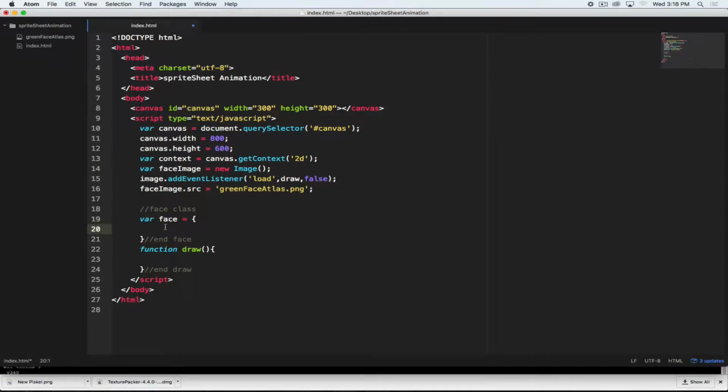Creating our class using the object literal syntax is going to allow us to have a lot of control over where we go here. Now, as we set up information and are using a sprite sheet, we're going to be referencing things a little bit differently than we may have done prior. So we have x and y's, widths and heights and all of that, but when we're working with a sprite sheet,